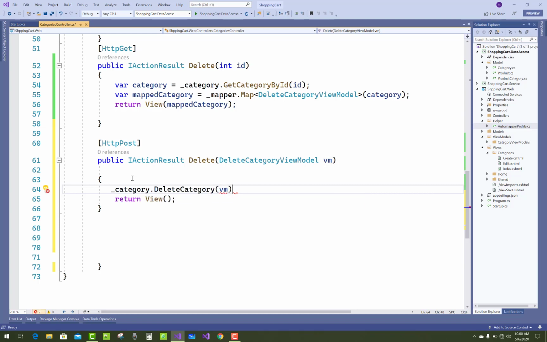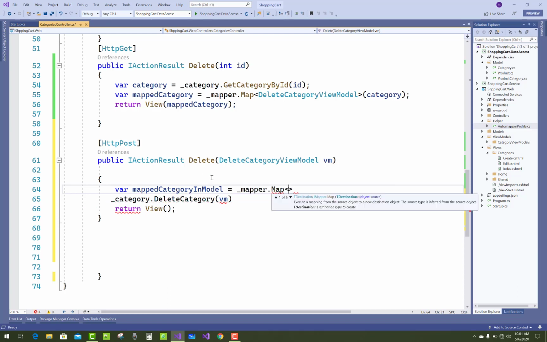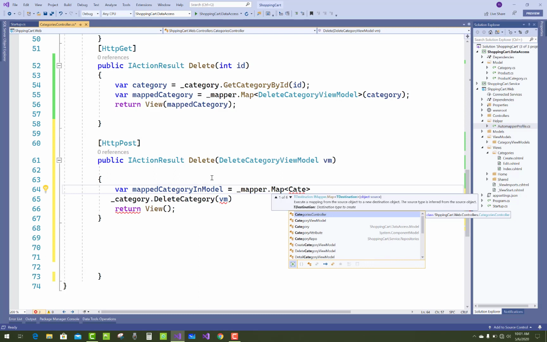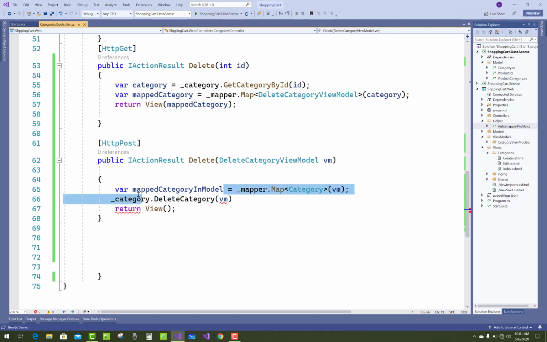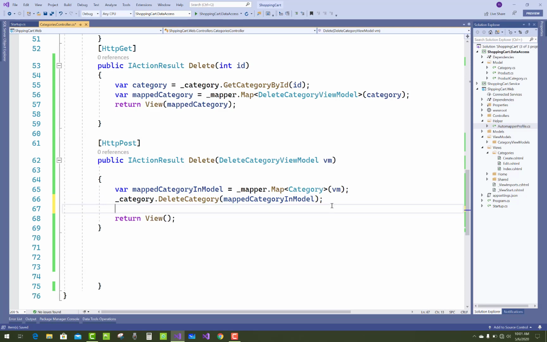Underscore category dot delete category, and first of all map that category into the model also. So in the parameter we have a view model, and I want to use a model. So underscore mapper dot map view model to model. So just open your automapper profile, and also reverse map is there.